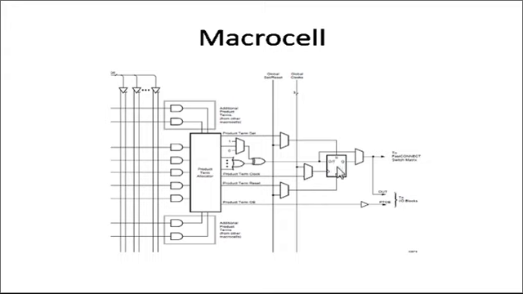And here is a flip-flop, and from this flip-flop you can have a combinational output, and this is a registered output, which will be selected depending upon this mux. This mux is also a programmable mux. If you try to remember the diagram like this, then it is very easy to remember. Okay, now we will see the macrocell set reset. This is a macrocell, and in this macrocell how the set reset has been done, that we will see.